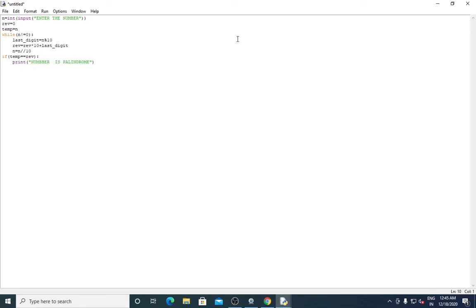Else what? Print number is not a palindrome, right? So let me save it.